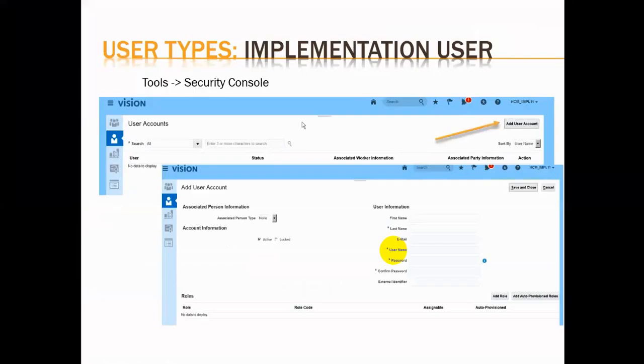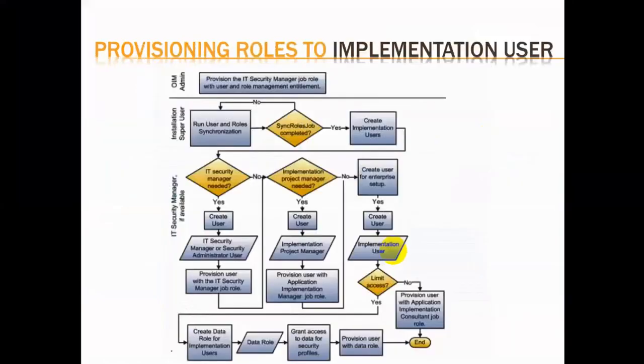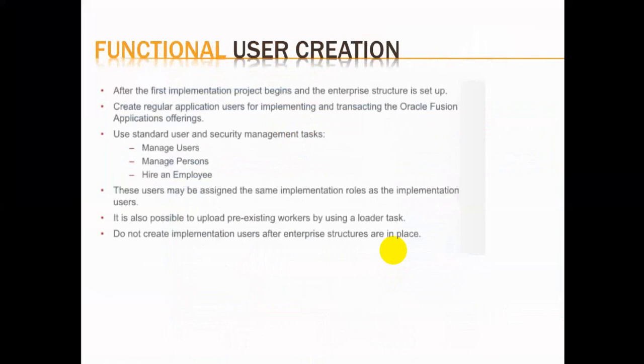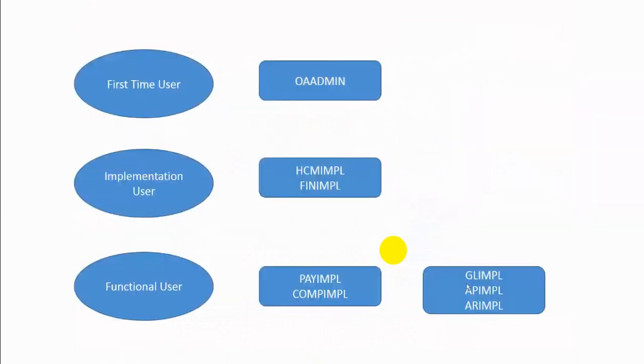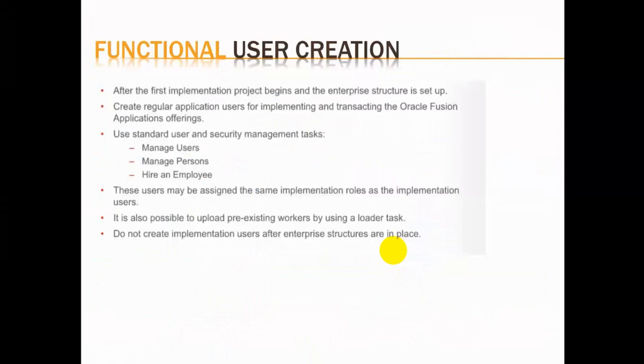Okay. So once this implementation user is created, then we have seen this flow chart. Once the implementation user is created, the next thing is called the functional user. Who is the functional user? The functional user is the one who does the real module implementations. So now when we come to the real implementers, the real functional users, here is the point from where the human being will start. A user will become a functional user only when that person is identified as a human being.